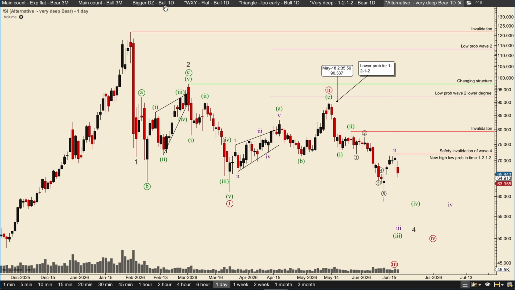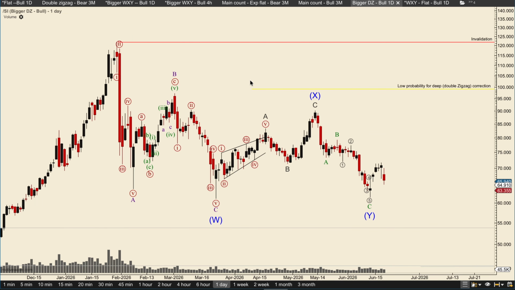So the probabilities for these, the bullish scenario here with a double zigzag, are very low that we are finished here, because wave Y did not take out this first zigzag, which is very uncommon for a double zigzag. So if we were to have this scenario, we would need to have more downside, which is entirely possible, because